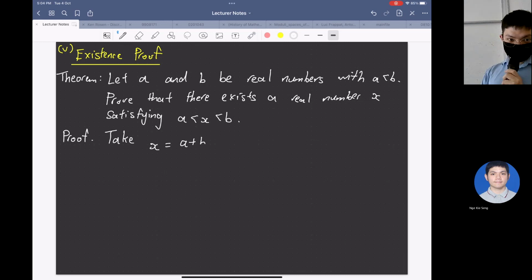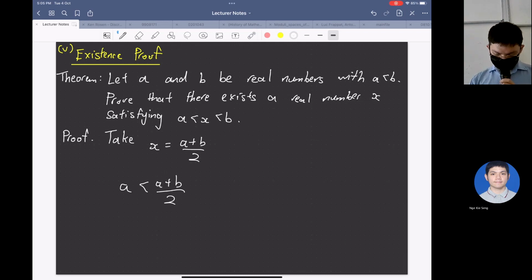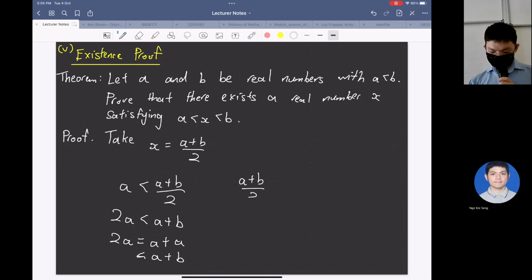I wrote (A plus B) over 2. Is this correct? Let's check. Is this greater than A? So 2A is less than A plus B. I think it's correct because 2A equals A plus A, but A is less than B. And then the next thing I need to check is whether A plus B over 2 is less than B or not, because I need to check that